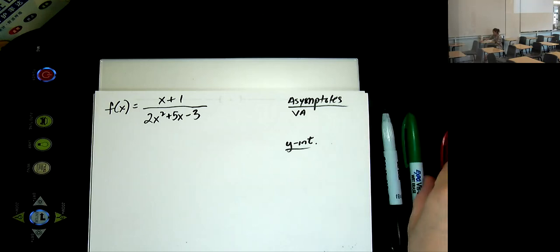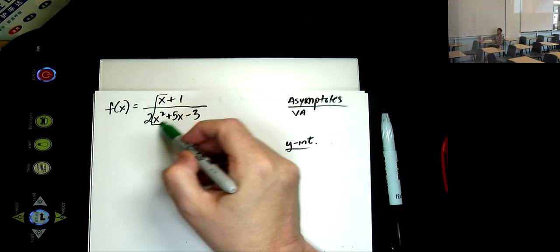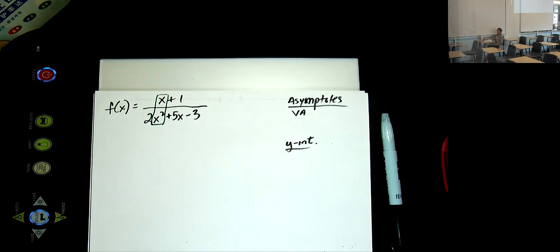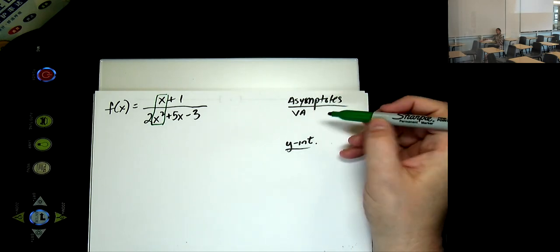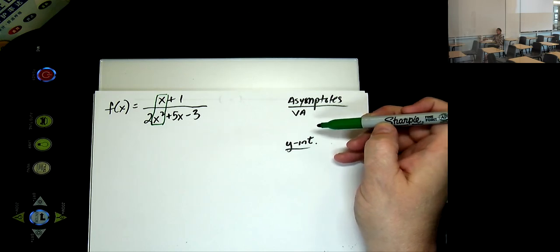Again, I can check for which kind of asymptote I'm looking for if I look at these values in front. The exponent on the bottom is bigger than the one on the top. When we have an oblique one, the one on top is one bigger. Here, the one on bottom is one bigger, which means we're going to have a horizontal asymptote, and it looks like where this equals